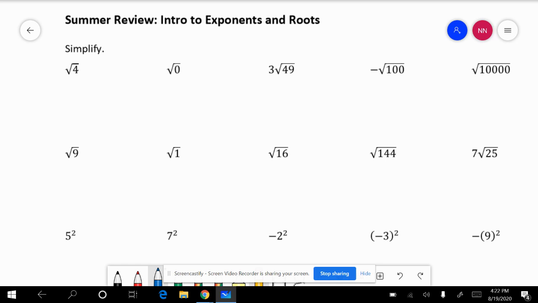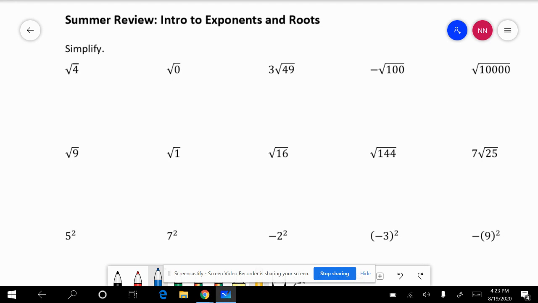We're going to be looking at exponents and roots. The roots that we're going to be looking at are square roots, and the exponents that we're going to look at are squares. Now, if we're looking at a square root, what a square root means is what number